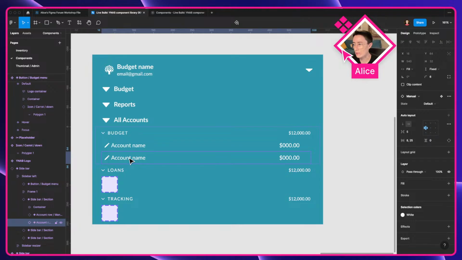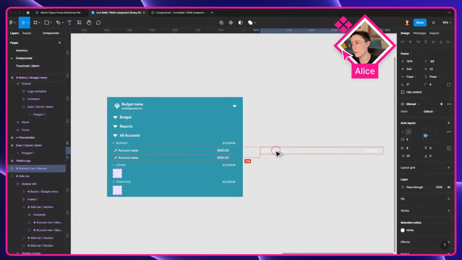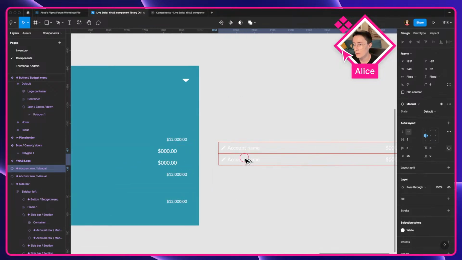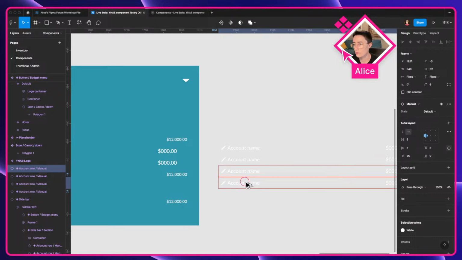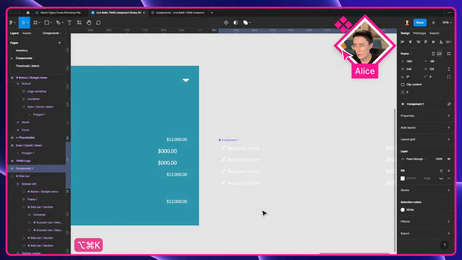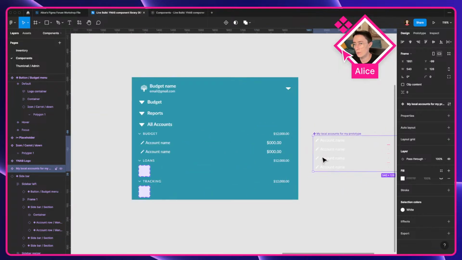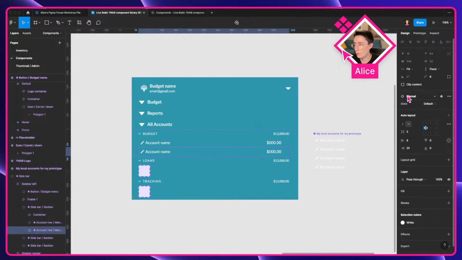But if you need to add more accounts, like maybe you need 5, I think what you would have to do is make an additional 4 here, componentize it, my local accounts for my prototype, whatever you wanted to name it. And then what you could do is swap out one of these for my local accounts